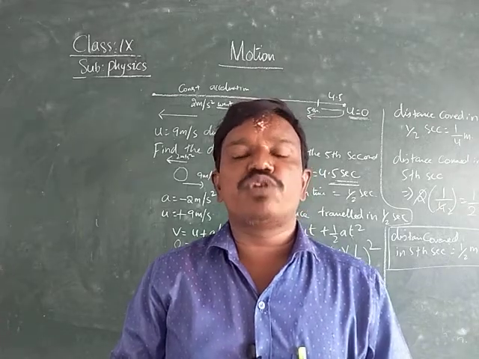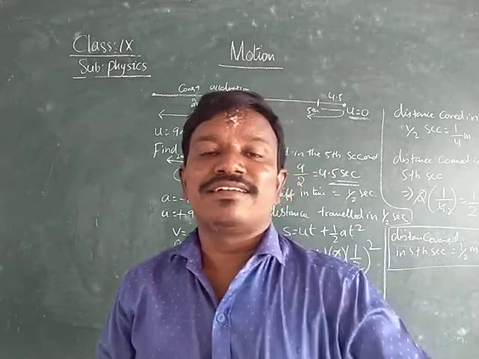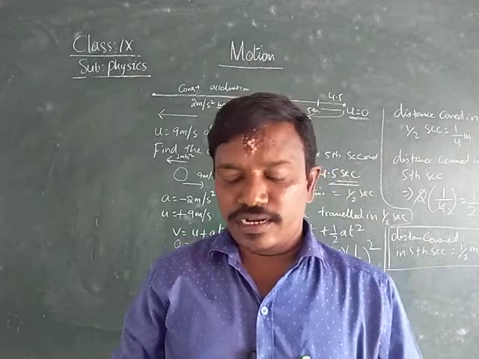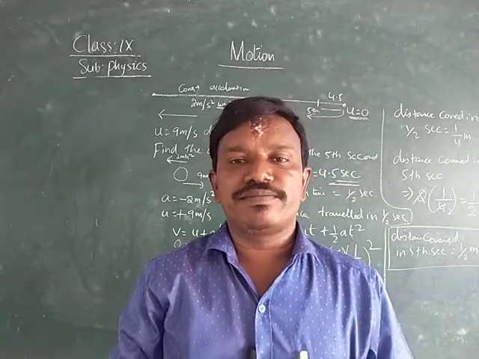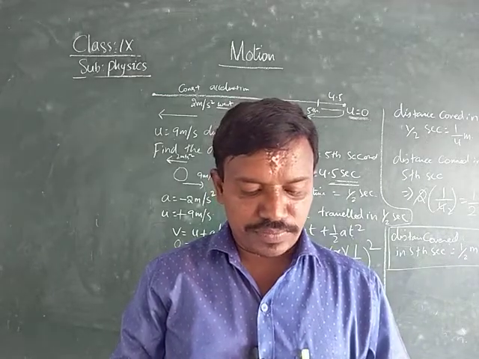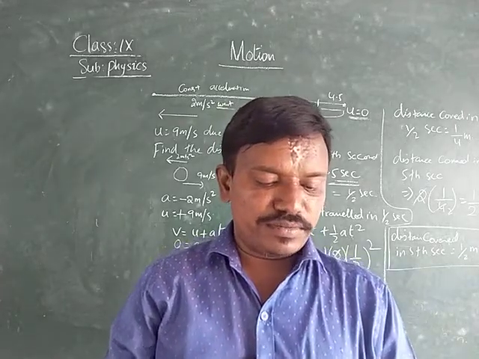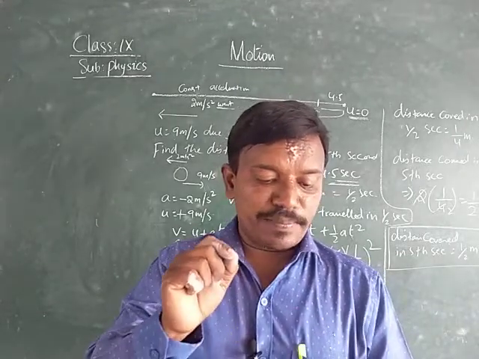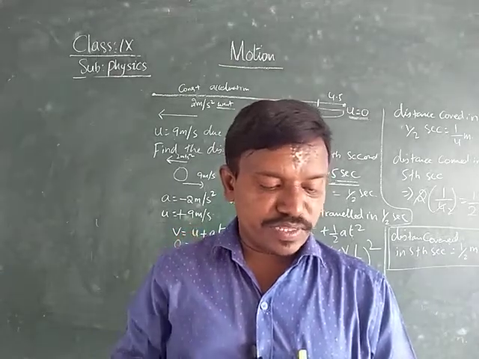Next, rectilinear motion. If the motion of an object is in a straight line, then it is called rectilinear motion. You should make a note of it. Rectilinear motion means if an object is moving in a straight line, then it is called rectilinear motion. Okay, children. Next here, some more points are given. What we have learned: motion is relative. Motion of an object depends on an observer. Motion always depends upon an observer.